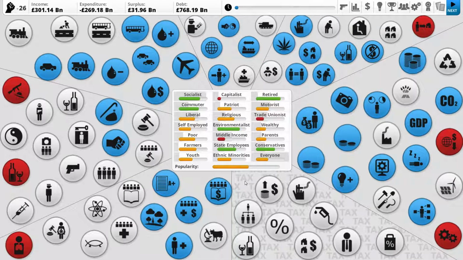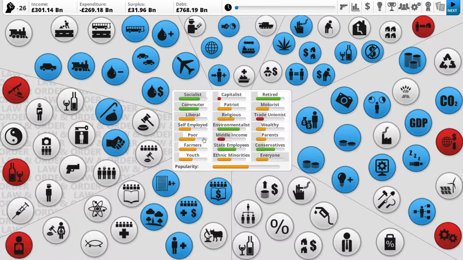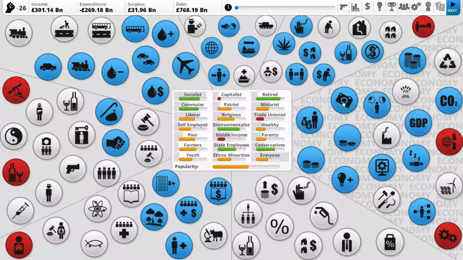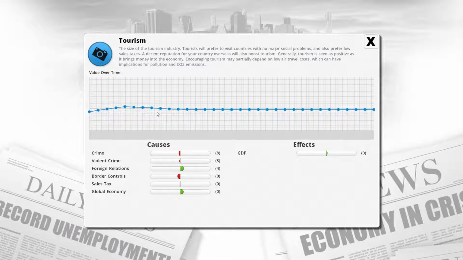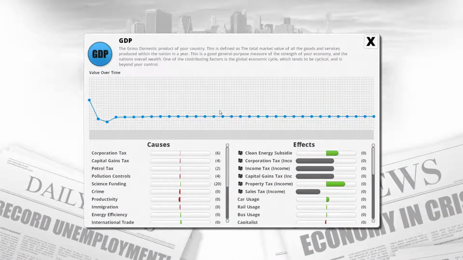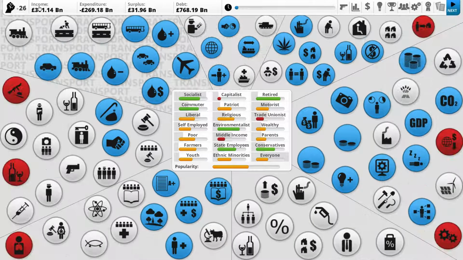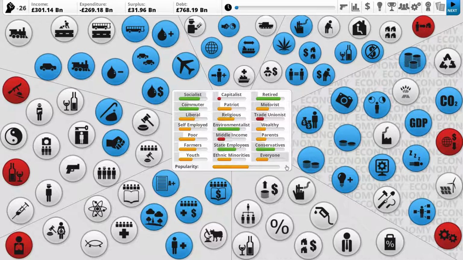So, this is basically the screen you will be playing as in Democracy 3. And this is what I mean by this being a very abstract simulator of a country. So, the blue ones are actual states. This would be tourism. Tourism is at a regular level and it is affected by crime, violent crime, foreign relations, border control, sales tax, and global economy. So these are all things. GDP is of course one of the most important ones, the gross domestic product of the country. It basically means how much money is actually made by the country as a whole, and it has a really big effect on your income. So income is mostly, well,